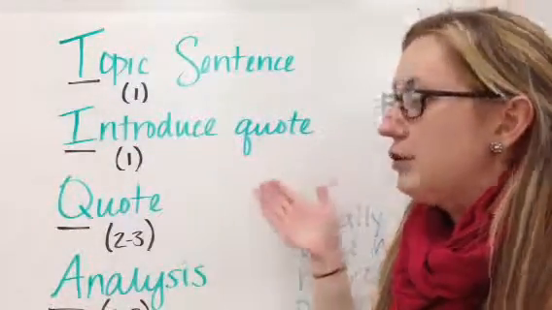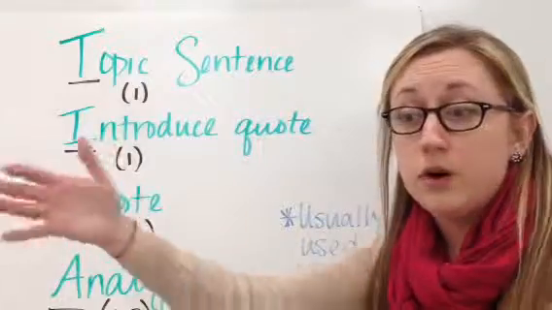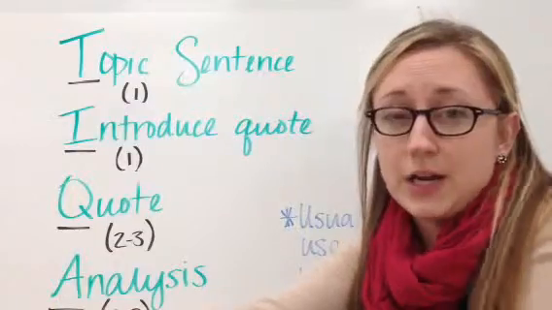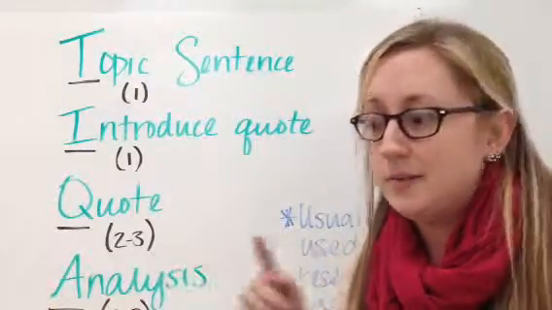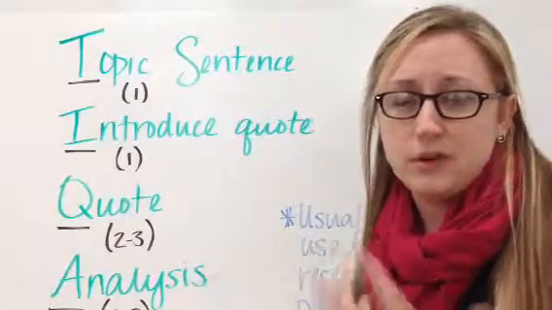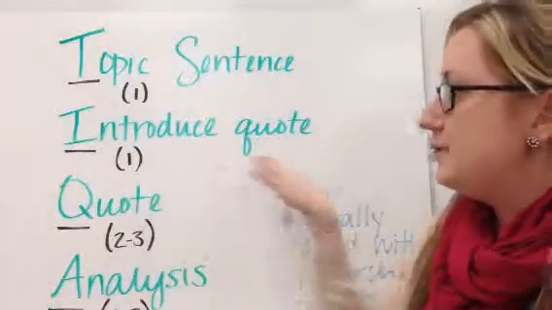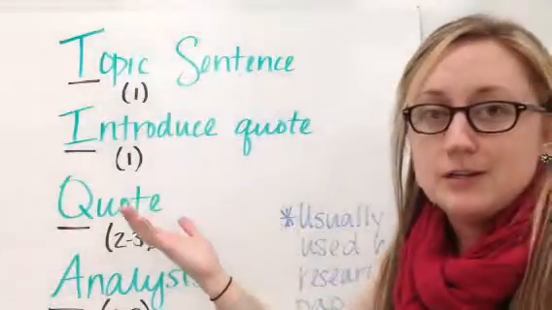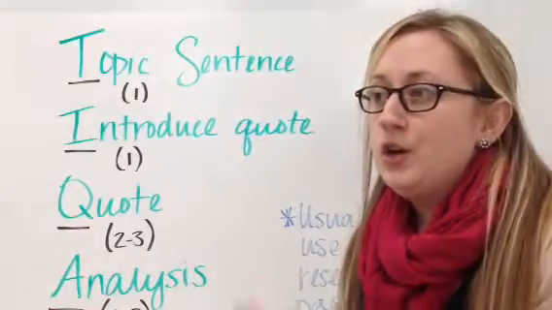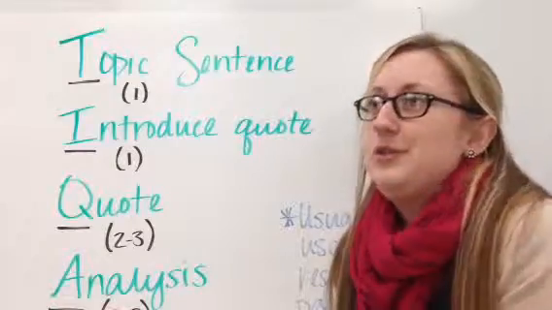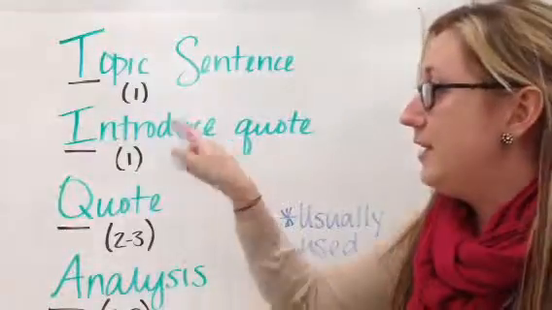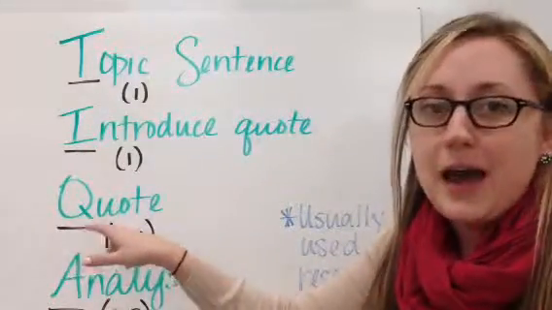The next piece is to introduce your quote. So if you're going to refer to another author's body of work, or if you're going to refer to a statistic or some sort of data, you can't just start talking about it. You've got to tell me who came up with that data, where did it come from, and how recently was all of this information found, right? So that's introducing the quote. That could take up to 1 sentence. You may say, in Ms. Cranfield's study of MCHP students last year, she found that 2/3 of the population didn't know how to write a paragraph, right? That's introducing the quote, and then the next 2 to 3 sentences may be actually what I found,